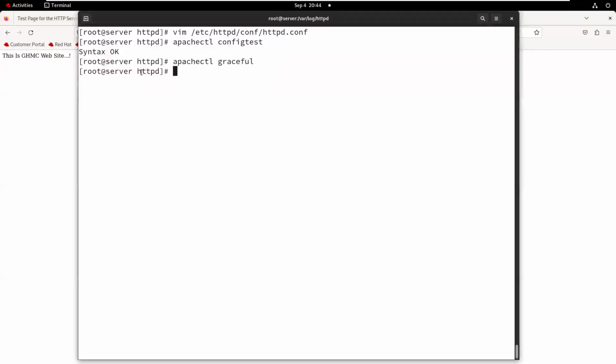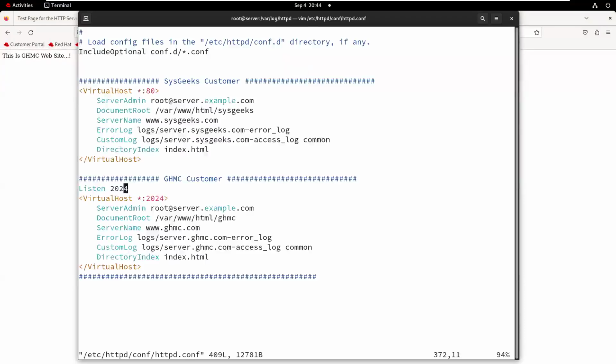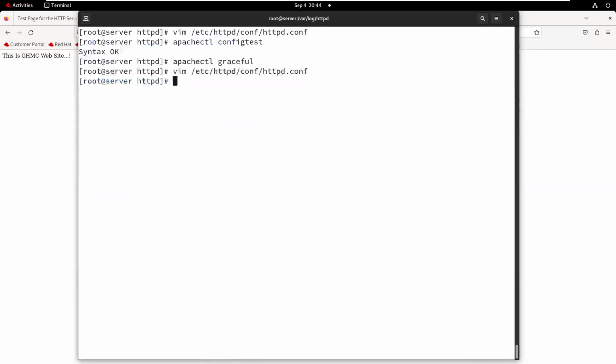Another beauty here, even in the same configuration file: I want to make this website safe and secure. Which website? SysGeek's website. For this, we need to create some lines and add them to the website. So where is the website actually? The website information is under the /var/www/html location.